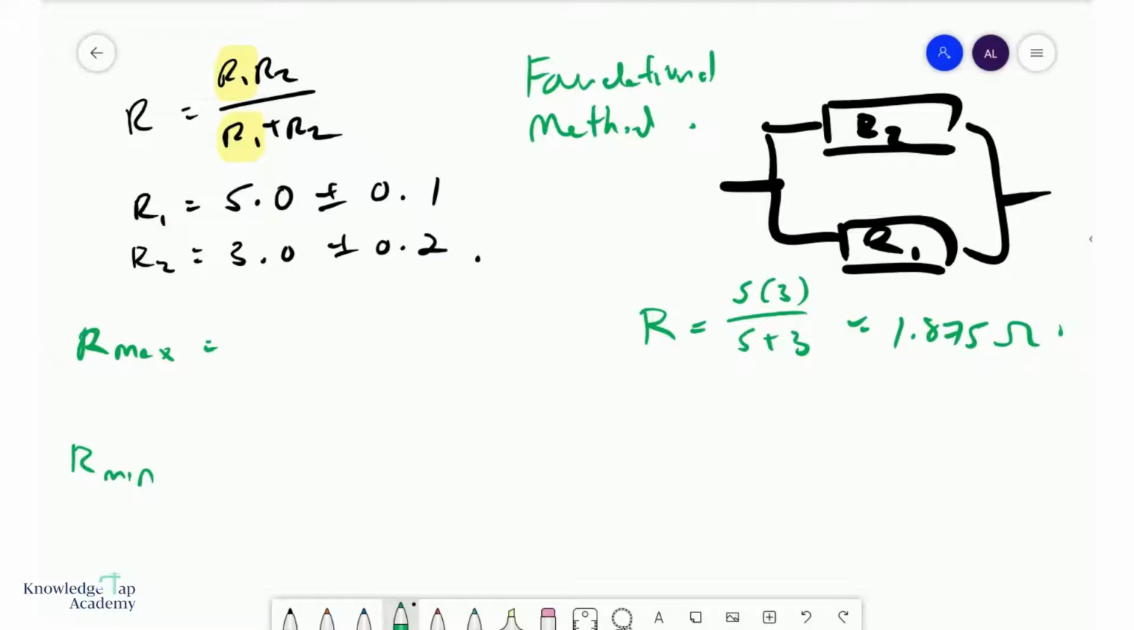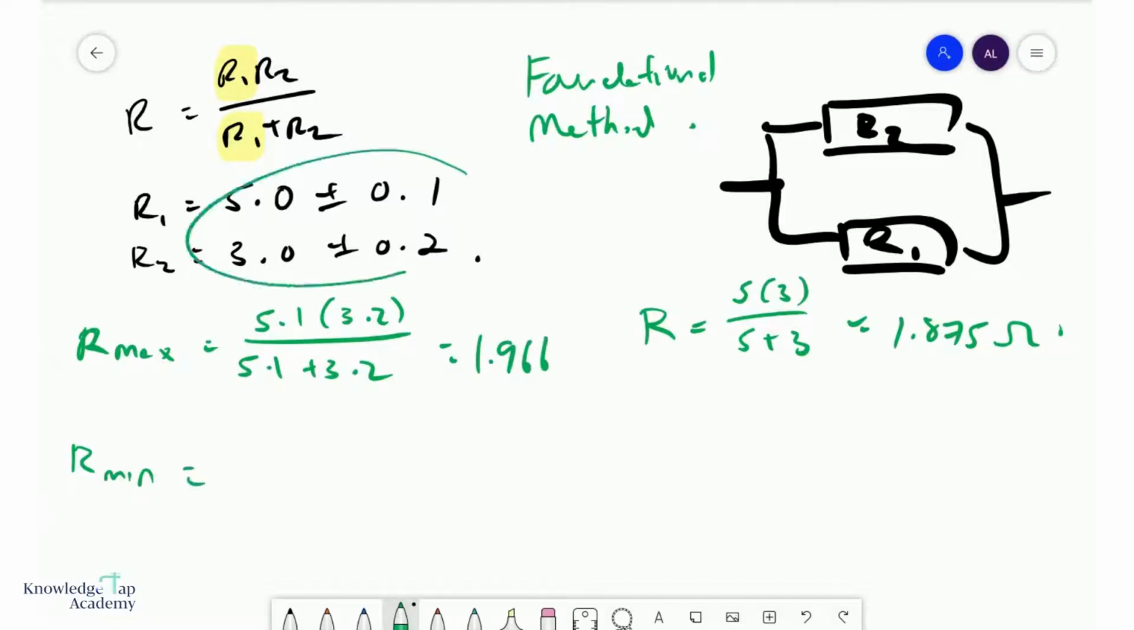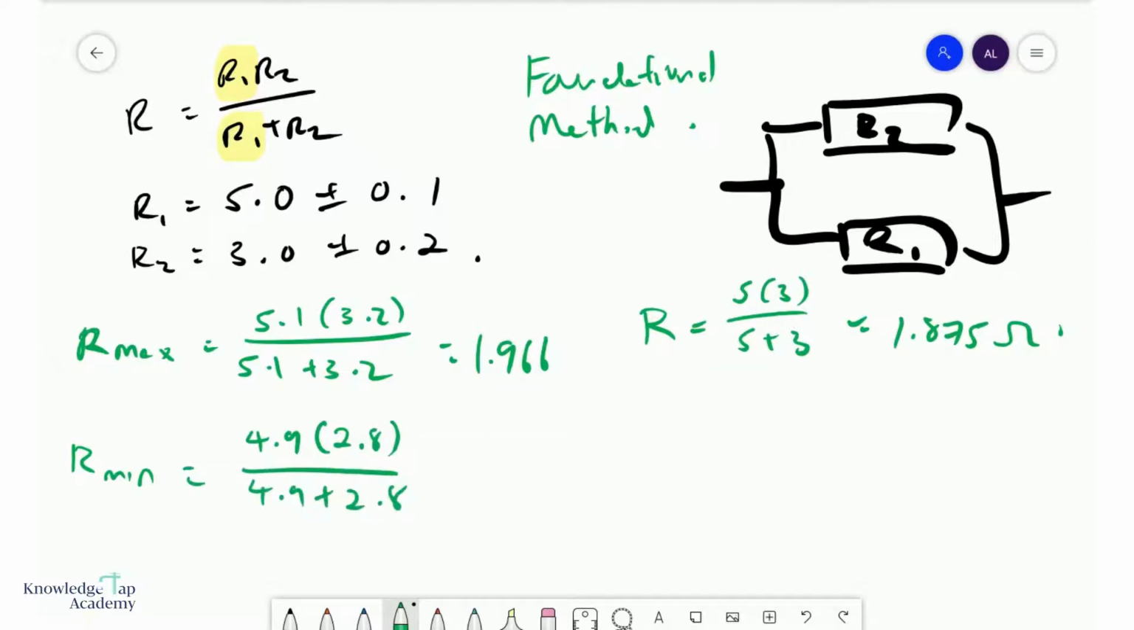So this will be essentially 5.1 multiplied by 3.2 over 5.1 plus 3.2. Let's do the calculation. You will get about 1.966. And of course, if I want to minimize this expression, then I choose the smallest values that these can take. So that would be 4.9 times 2.8 over 4.9 plus 2.8. And if we work this out, you will get about